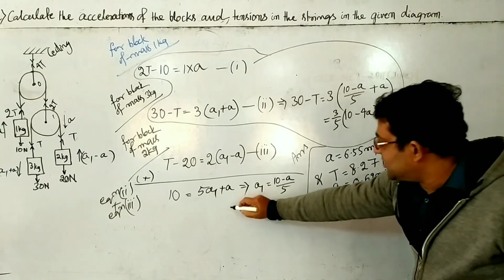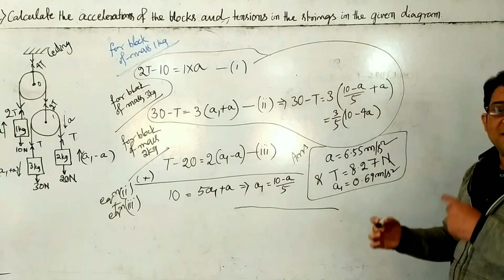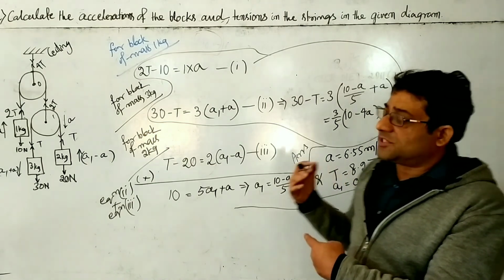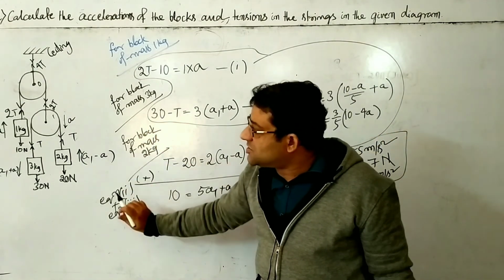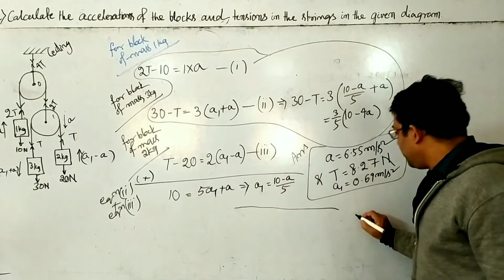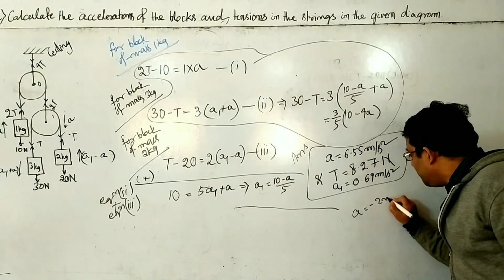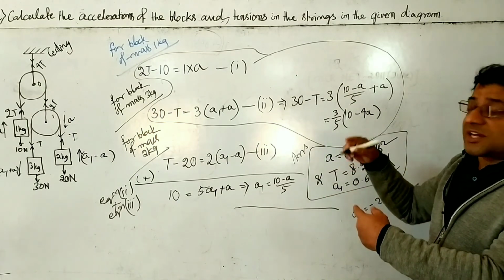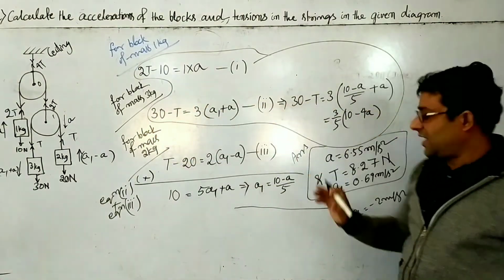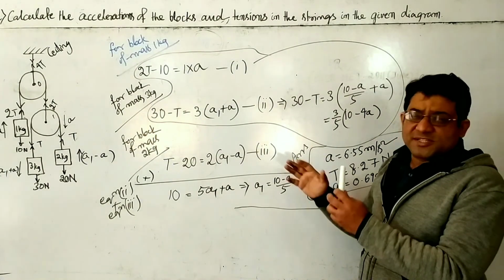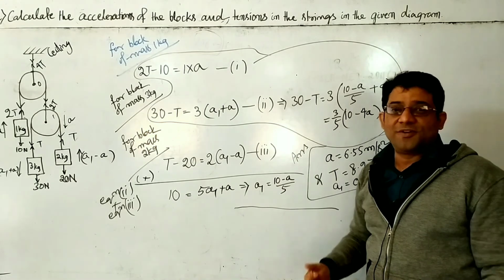Now one thing I would say here is, if acceleration comes negative, here it's not coming, but if acceleration comes negative, what is the meaning? In which direction have we assumed? It is moving in the opposite direction. For example, if acceleration is coming to be minus 2 meter per second square, then the acceleration is 2 meter per second square in the opposite direction of our assumption. Hope the concept is absolutely clear. Wish you all the best.